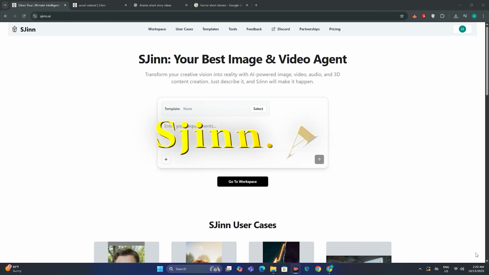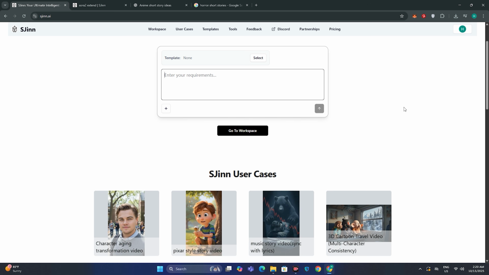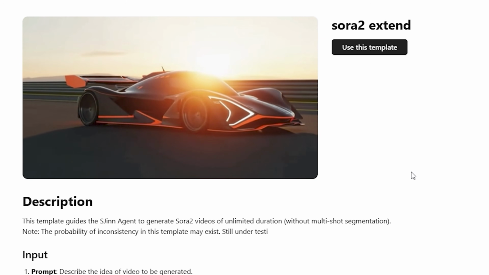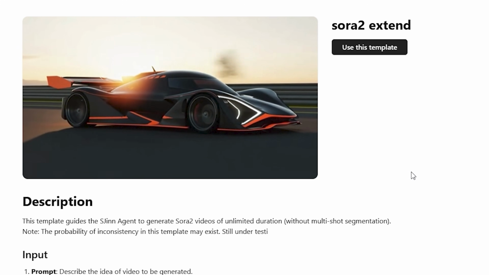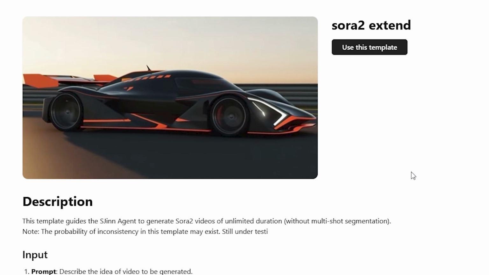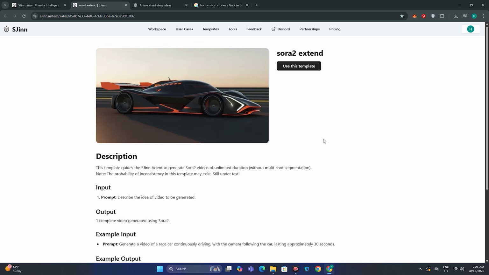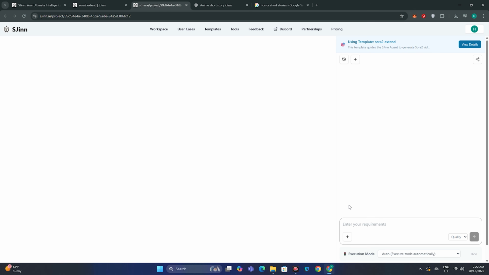So we're going to use sjiin.ai. Basically this is an AI agent that has access to multiple different tools using Sora 2. They also have some templates that you can try, but I personally customized this template for you by contacting their team. It has two options. You can generate a video in just a single frame, a continuous video. It could be 30 seconds, it could be 1 minute, with no cut in the video. And the other option is to use it for short movies, short films, that we're going to try in a while. Now to use this, just click on use this template